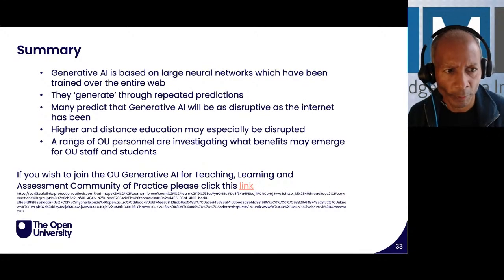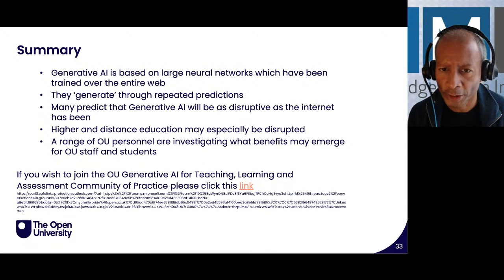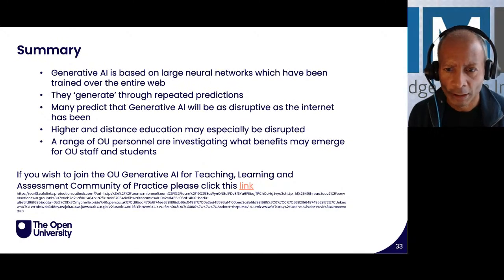To summarize my section, generative AI is based on large neural networks, which have been trained over the entire web. They generate images or text through repeated predictions. Many predict that generative AI will be as disruptive as the internet has been, and I'm one of those.